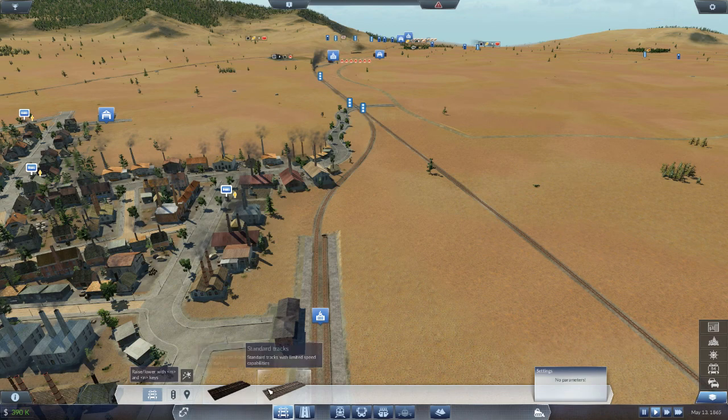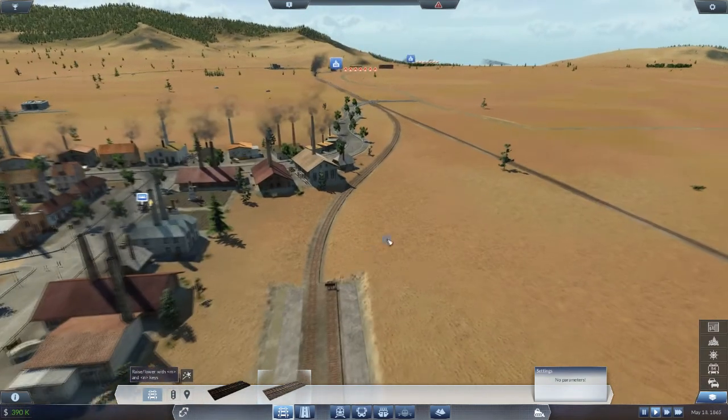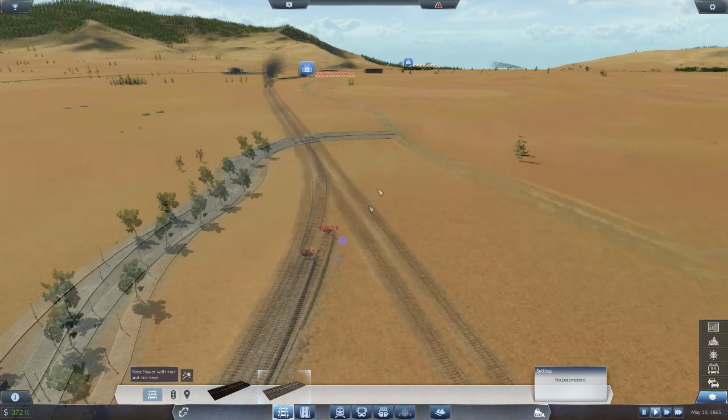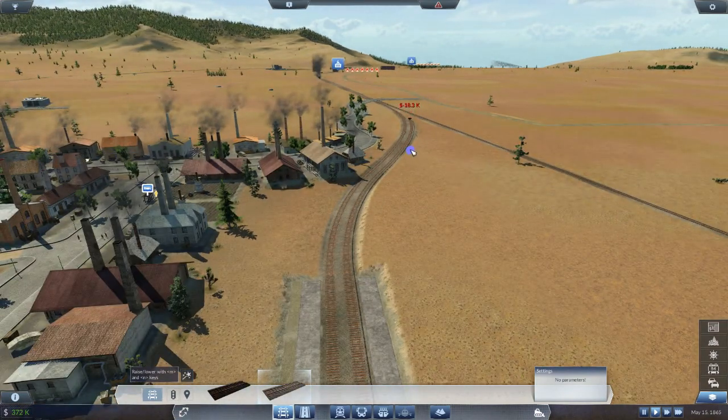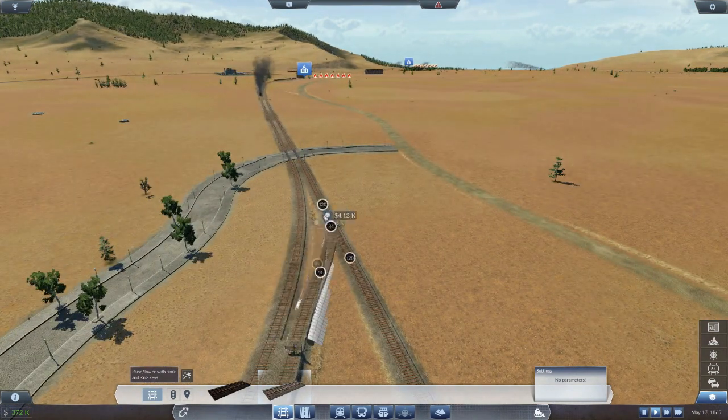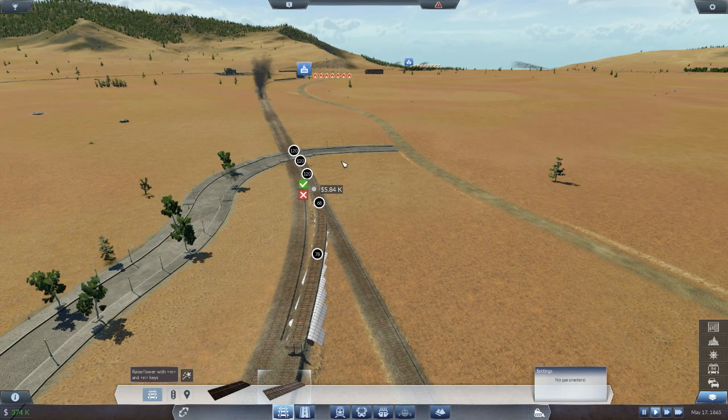Oh, autosave doing its thing. Yeah, not building rusty tracks again. Not making that mistake a second time. So we'll run some track up there. Now we have the loaded trains coming in this way, so he'll need a way to get over to this platform. And obviously the empty trains will need to get back out onto the main line. Is that gonna...